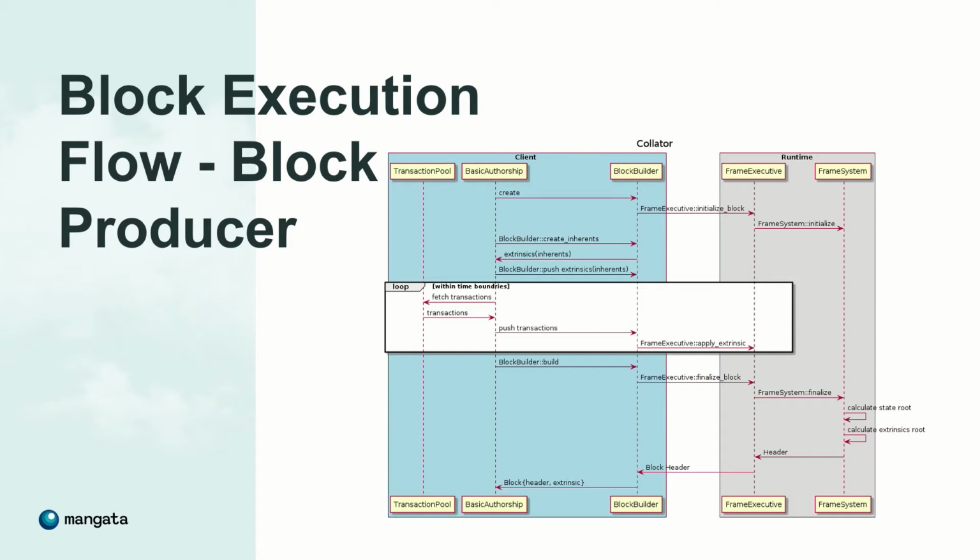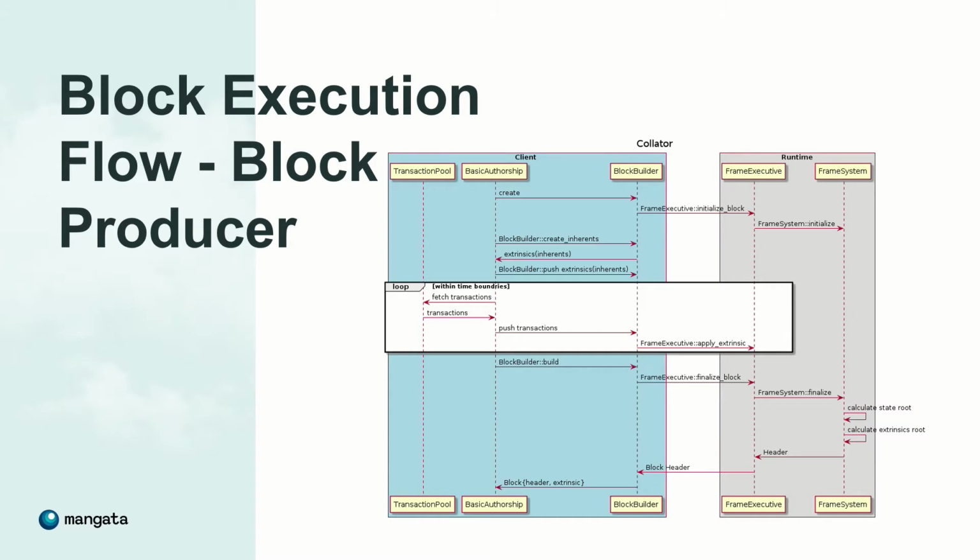Then the basic authorship pallet is feeding the block builder with inherents that will be converted to extrinsics and included into the block. Then within the time limit of a given slot, the basic authorship pallet is fetching transactions from the transaction pool, passing them to the block builder, and when the time slot is finished, the block is being built, eventually finalized and